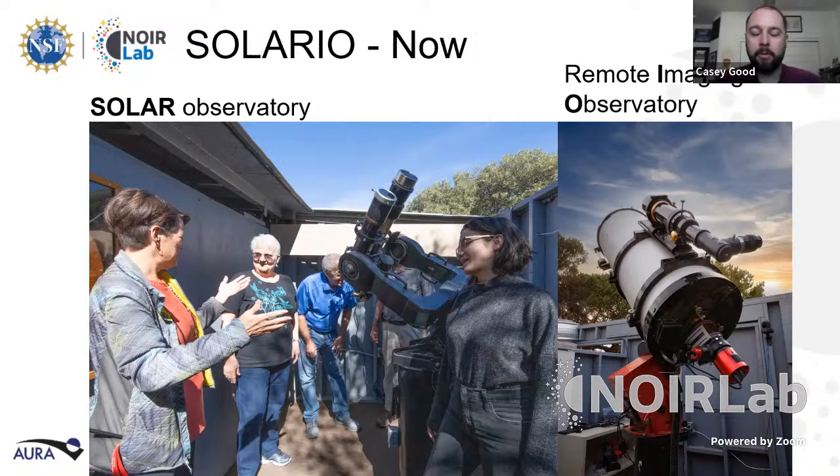If there's any members of the public that are watching that might have their own in their backyard, typically you just have one single roof that rolls off in one direction to open up to the skies whenever you're ready to bring your telescope out. However, with Solario, we wanted to have the ability to have both our solar array that previously was on the